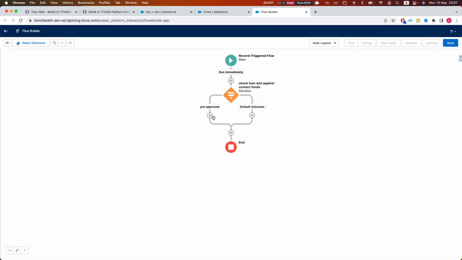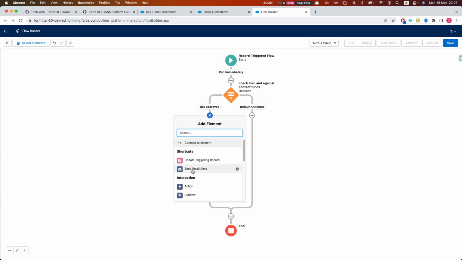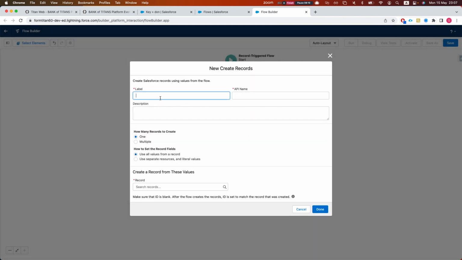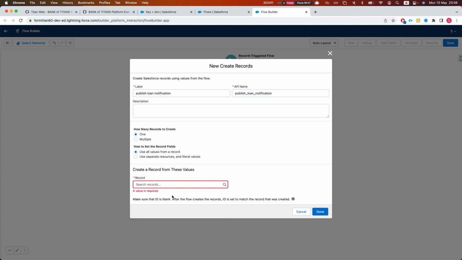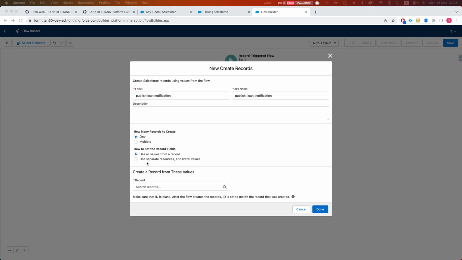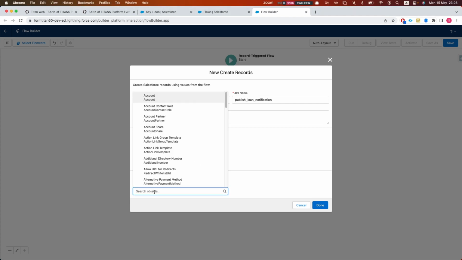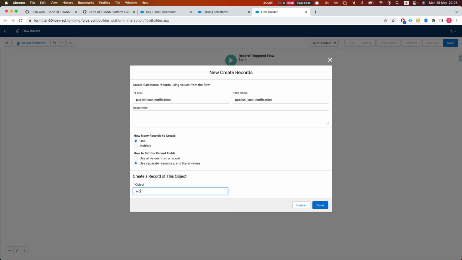And what we will do here, if it's pre-approved, is we will just create a record, and our record will be that platform event, and that will publish the event. So, publish loan. Okay, so this is just on the Salesforce side. Then what I will do here is find our notification. So that was loan